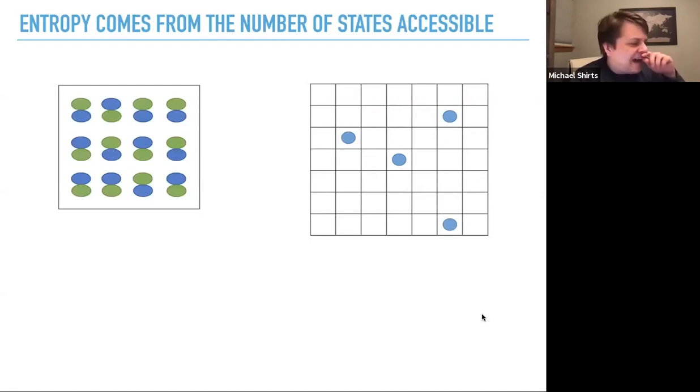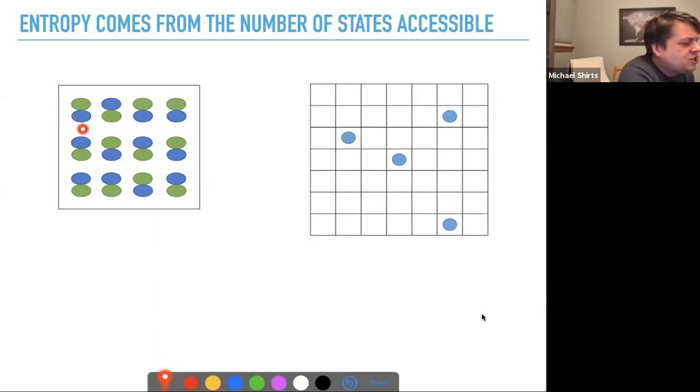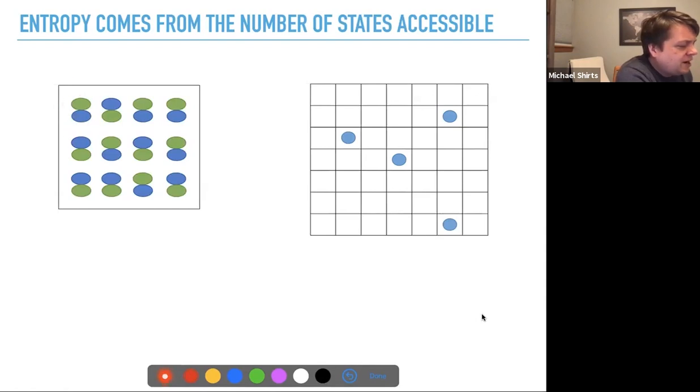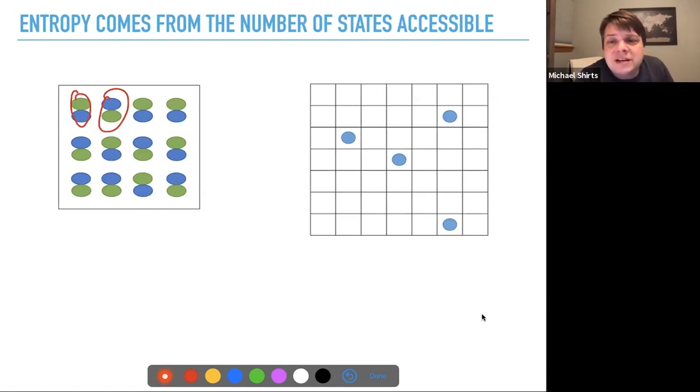You could think of a lattice of a crystal, or some molecule that has two parts that you can tell apart from each other. Then at each position, it could be in either one state or the other state. And so there's multiple states possible. For each individual location on the lattice, there's two states possible.